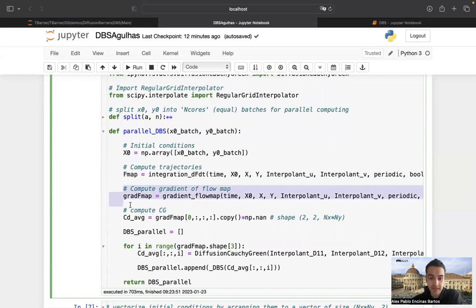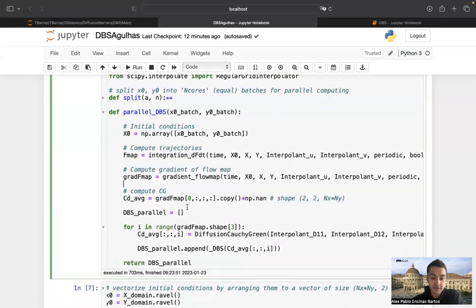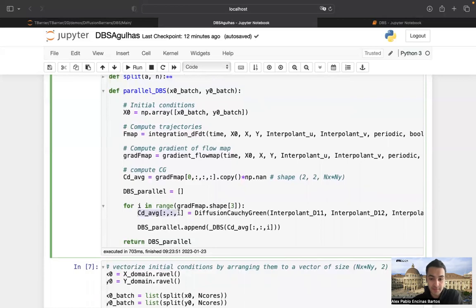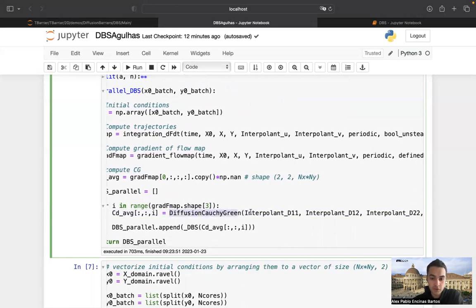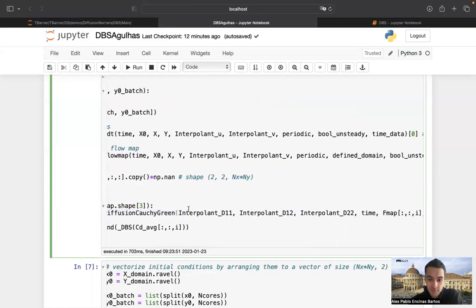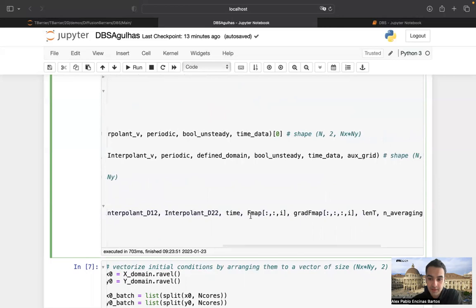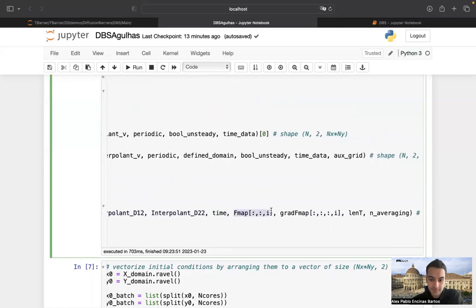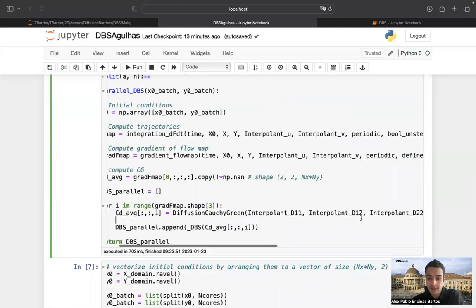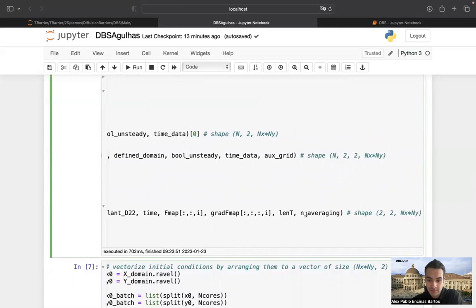Then, of course, I need the gradient of the flow map. And from the gradient of the flow map, in this first step, I simply compute the averaged Cauchy-Green strain tensor. This is done in this diffusion Cauchy-Green function, which you can find in the subfunctions folder, which takes as input simply the interpolant for the individual components of the diffusivity tensor, the trajectory, the time, the gradient of the flow map, and then the length of trajectory, and then finally you can also specify